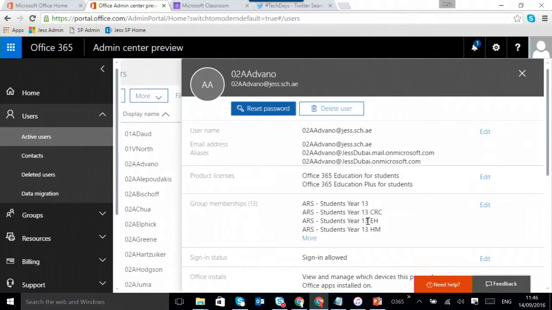You can obviously see here as well group memberships. Yeah. So the group memberships have literally come from Active Directory as well. Right. So all of that data, all of that structure you've put in place, all of those security principles and everything you've got copies to Office 365. Right. So you're not going to lose anything. Sure. You're not suddenly going to have to recreate all your users, all your groups, and think about it all over again. So it just makes it a lot easier.